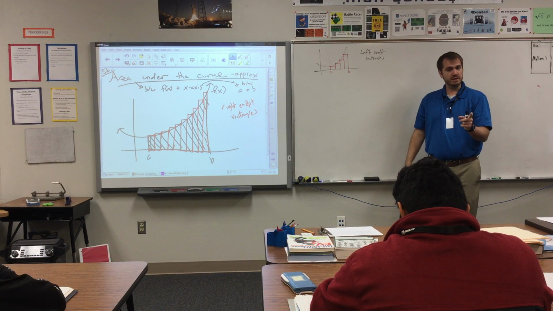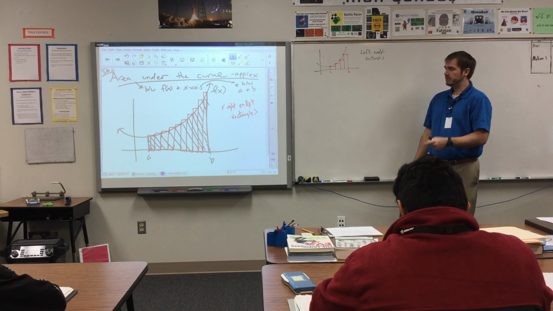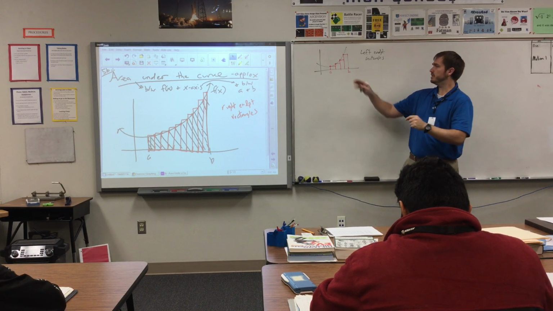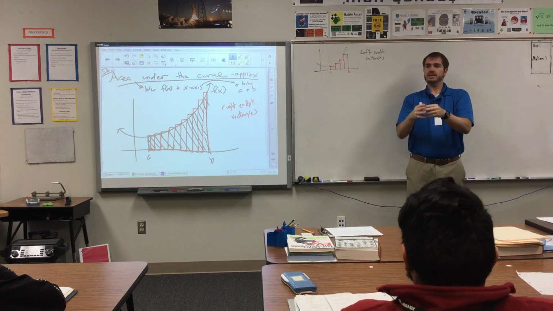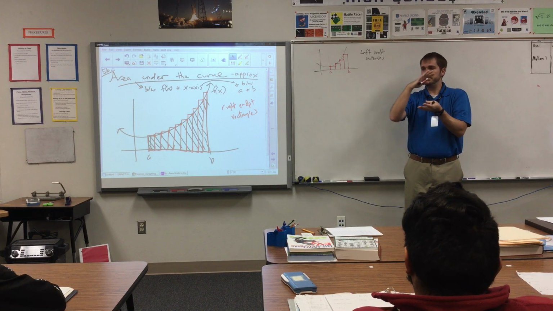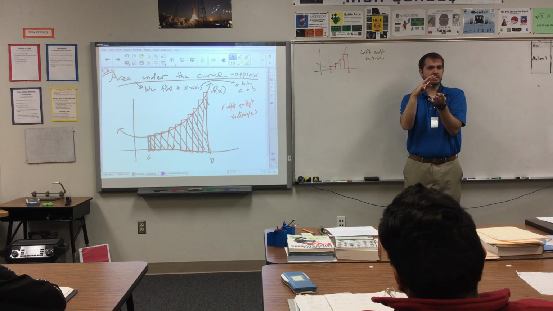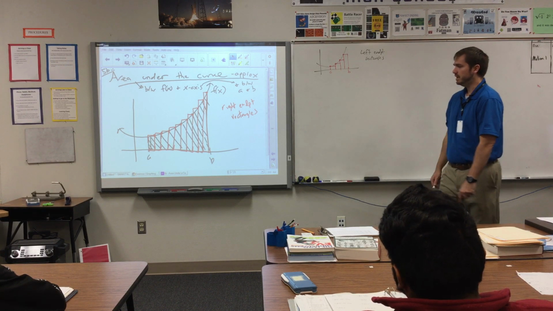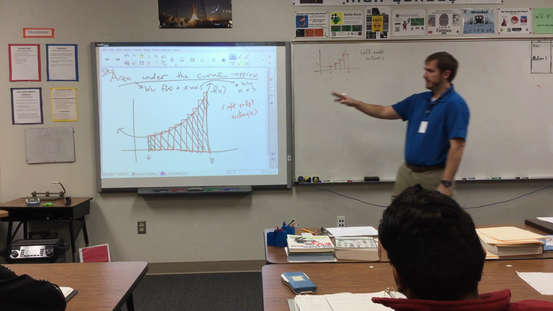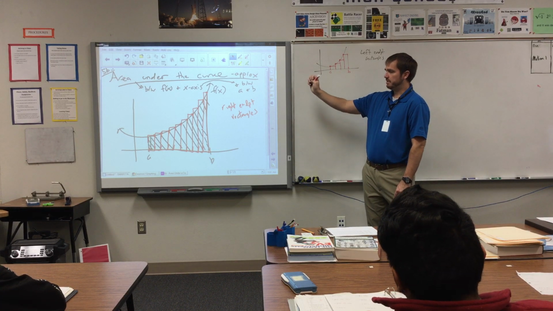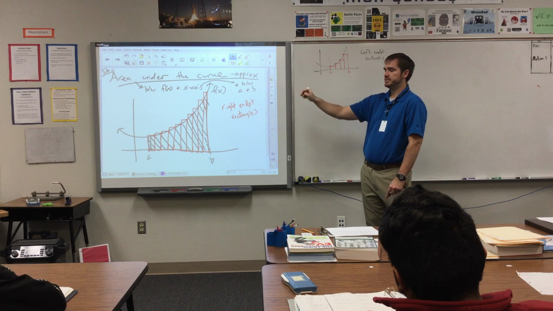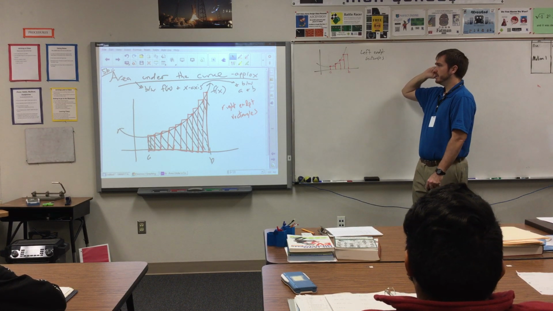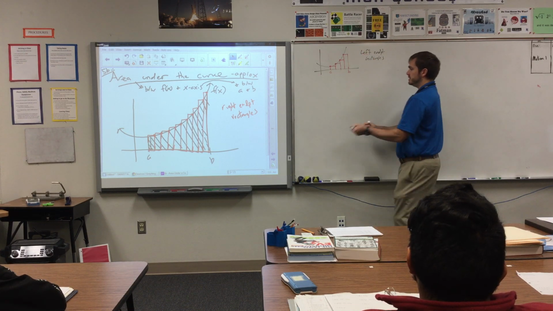So, if you feel like doing a lot of work, what you could do is use the right endpoint method to get an overestimate. Then you could use the left endpoint method to get an underestimate. And then you would have some boundary. You could say, okay, I know the area is somewhere between these two. You could do that. Of course, the right endpoint is only guaranteed to give you an overestimate if the function is increasing in that region, and the left endpoint is only guaranteed to give you an underestimate if it's increasing. Because think about